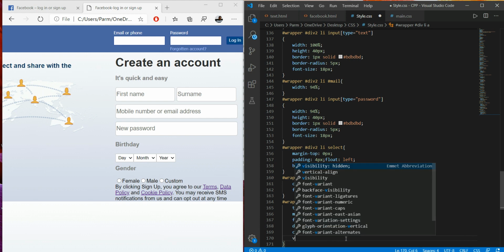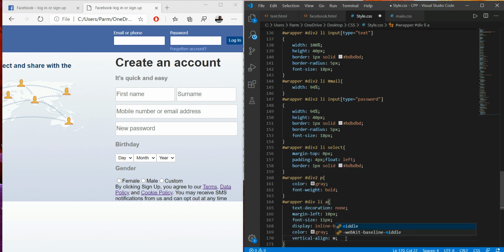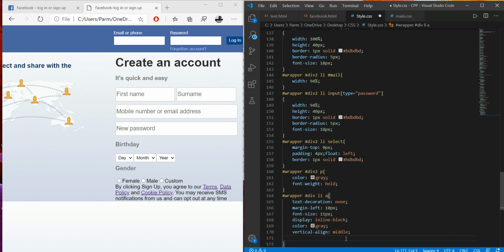Then we have to give its vertical align, and vertical align I want to set as middle. And line height I have to specify a line height of 15 pixel. Save this, and here we go.